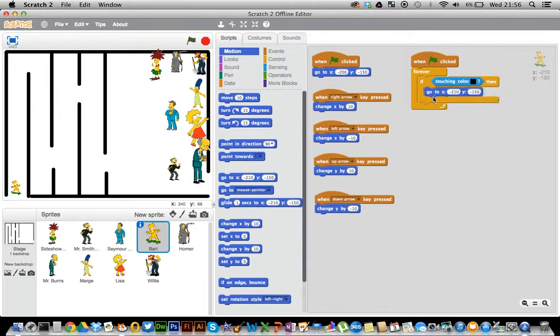And we know to put him back to the beginning, just like up here, it should be minus 200 and minus 150. So now what happens once I click the green flag, the game is started. If I touch the black line, Bart goes back to the beginning. So now that means that my game works a bit better because now I have to try and get Bart